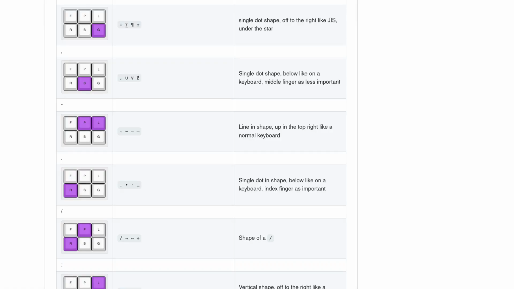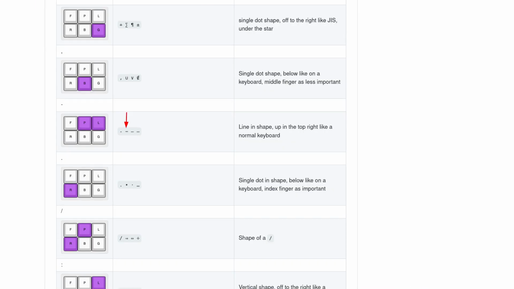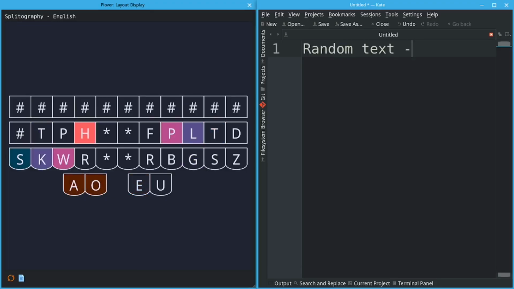For example, the hyphen stroke I just mentioned is part of a family of 4 different line symbols. There is hyphen, hyphen minus, N dash, and M dash. To get the different variants, we use the vowel keys on the right. Without either of them, we get the first variant. E gives us the second, U the third, and pressing both E and U together gives us the 4th variant.